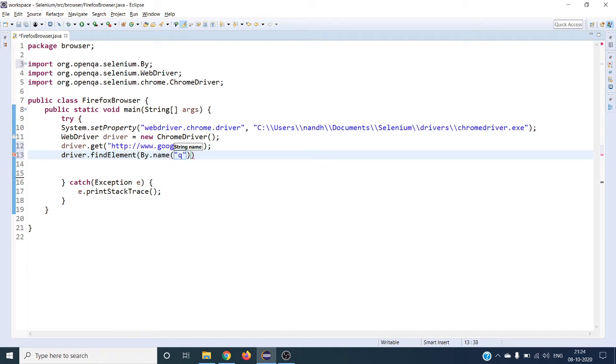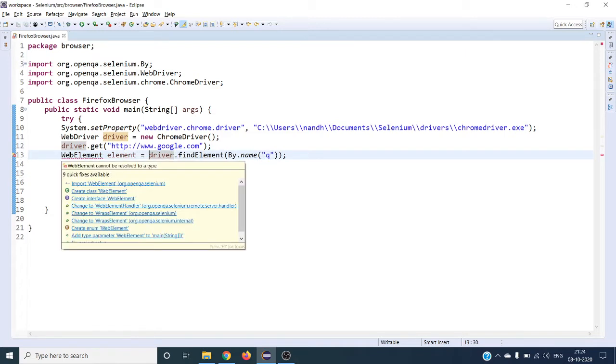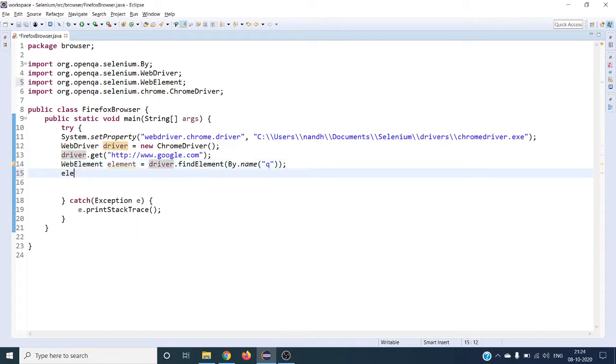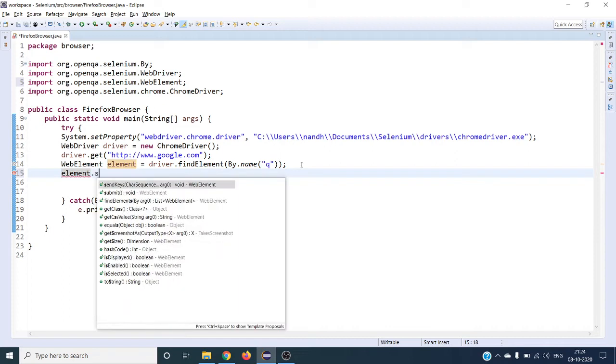This is just a query, right? So this will return a web element. Let me store it into the WebElement interface, element, right? So let me import this from Selenium. So on this element I'm going to send keys.